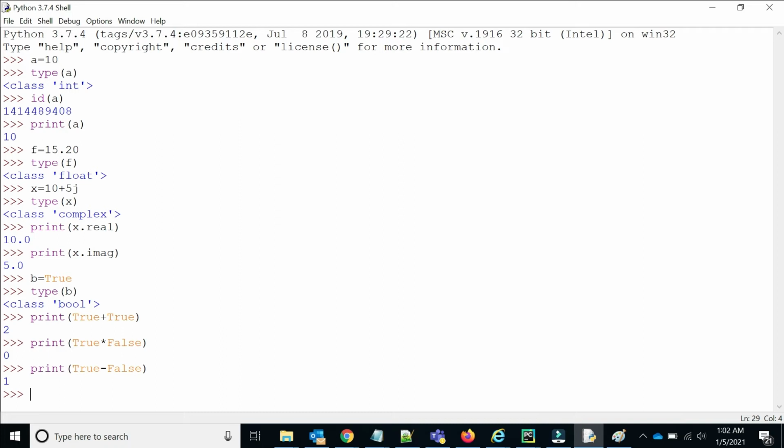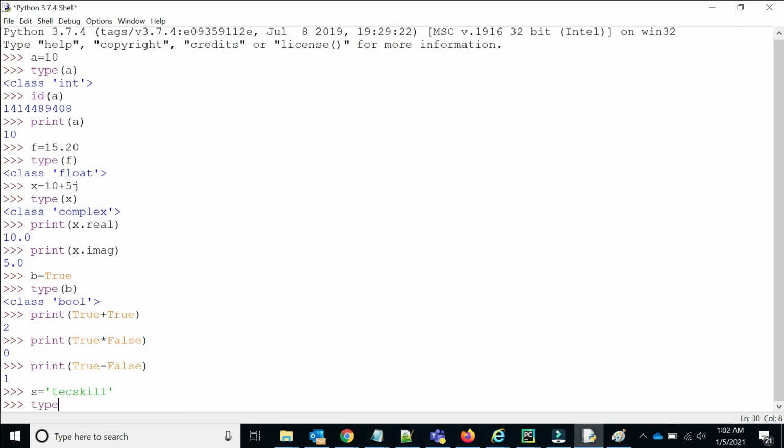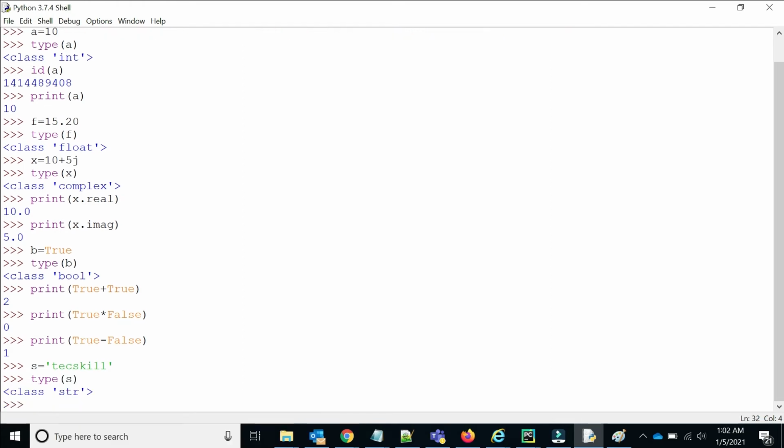Okay, so let's say I am writing s is equal to 'text skill'. So what is the type of s? So s is a string data type. Here we have taken it in single quote, so we can also take it in double quote, "text skill".